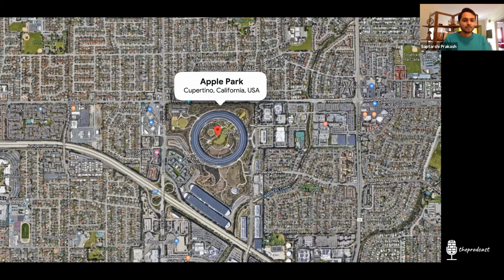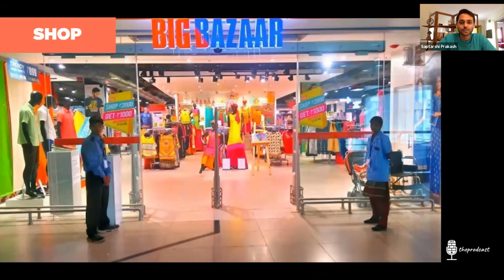Okay. Big Bazaar. I'm sure everyone has shopped in this place, or if not shopped, at least have been. If you're an Indian and if you live in a city, I'm sure you have been to a Big Bazaar. So I'm specifically referring to the fashion section of Big Bazaar. That is the section which sells apparel, right? So I think it's also called Fashion at Big Bazaar or something, right? Even before you enter the shop, you'd see posters and banners, everything shouting out about value. I can read in the image, it says shop for 2,000 and get 1,000 cash back. It's shouting out the value, right?